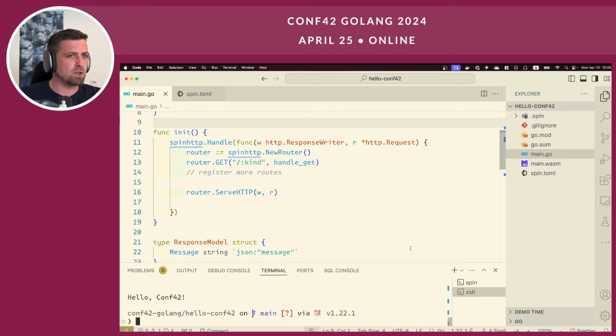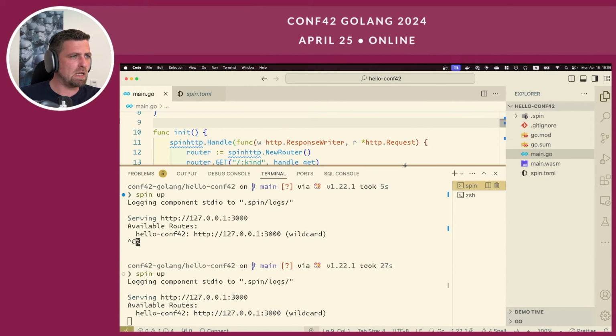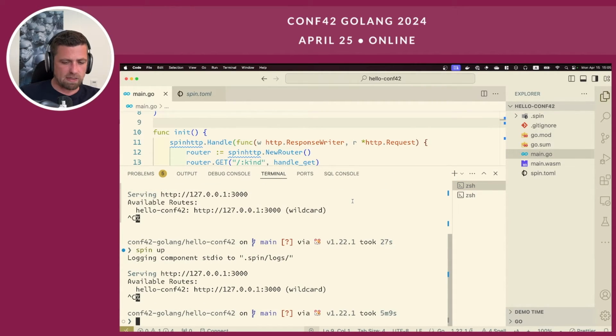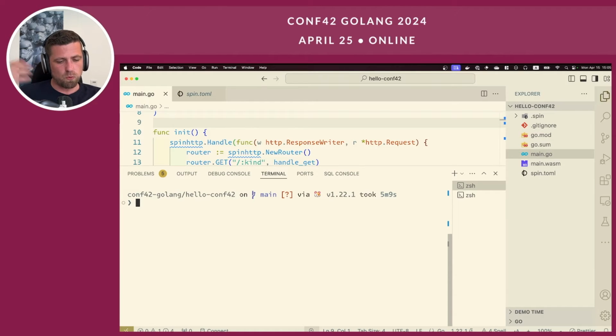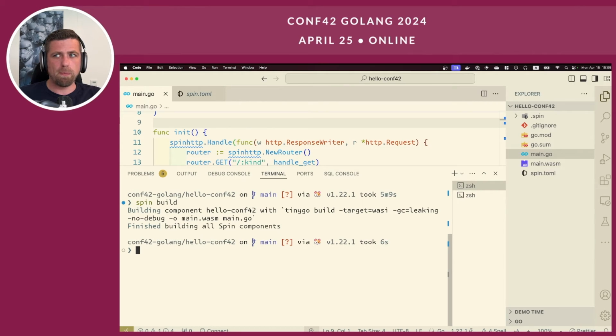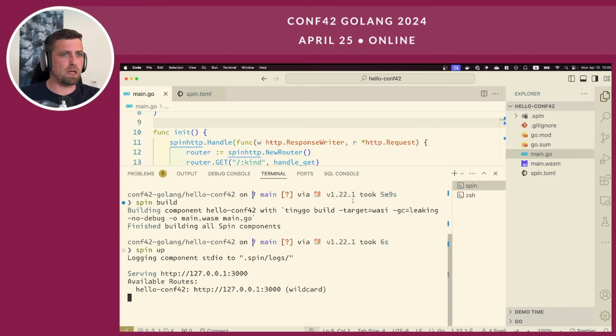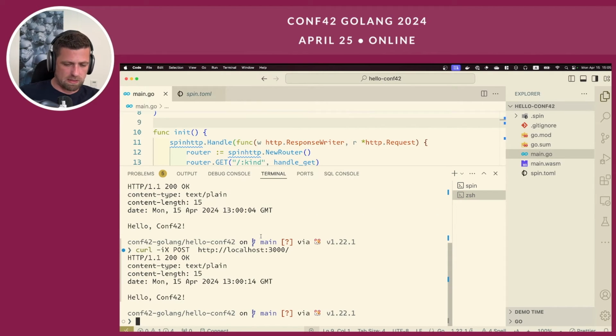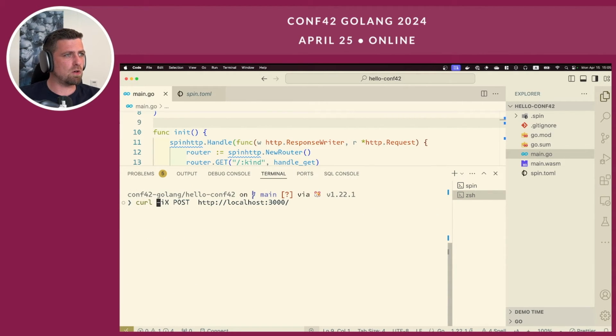So let's bring up the terminal and again cycle through the Spin workflow. So spin new to create the app, spin build to compile it down to WebAssembly, and then we will use spin up to run the app. So spin up. There we go. And let's clean this thing up and let's do a curl